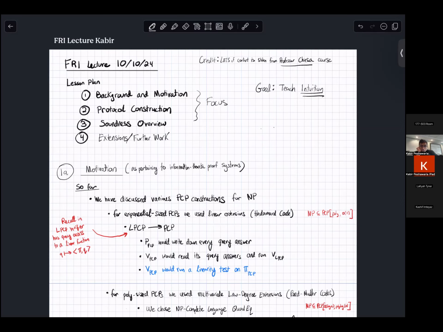Now, if there's one thing that you should have taken away from this course, it's that interaction is very, very powerful as a tool to learn more complicated things. So what I request is that, this is going to be a technical talk. I'm going to do my best to not introduce any unnecessary complicated math, but at the same time, it's going to require focus and it's going to require you to really dig in, to really grok and understand this material. I'm going to err on the side of going a little bit slower than usual, but it's still going to be quite fast.